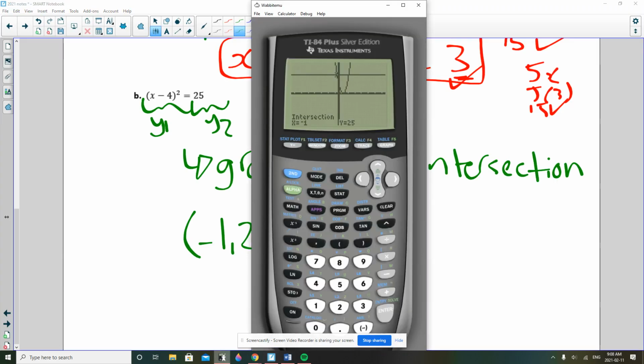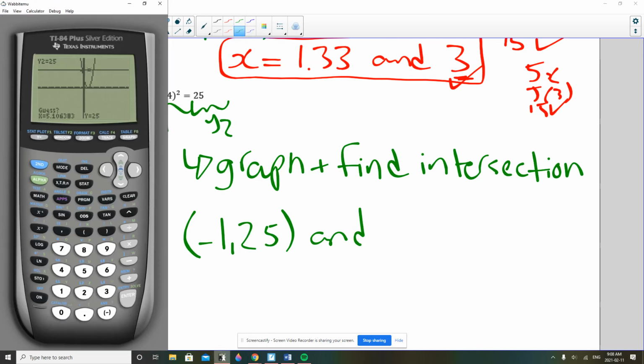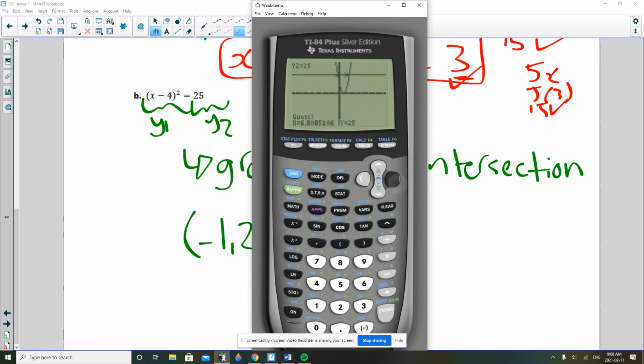And we'll go find the next one. So second, calculate the intersect. First curve, second curve, guess. I'm going to try and get as close to that other intersection as possible. So somewhere around there. And my calculator is like, yeah, there's one at